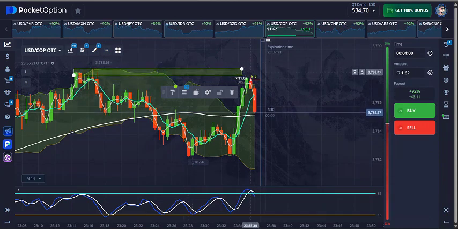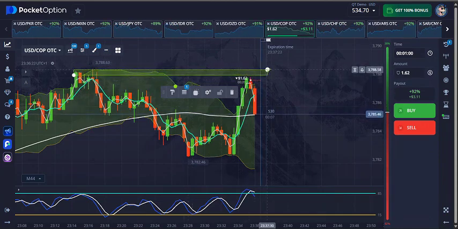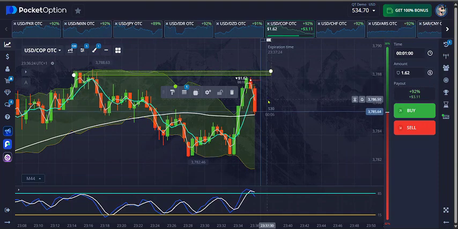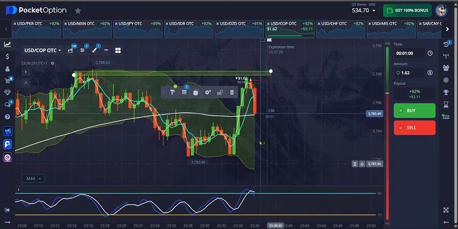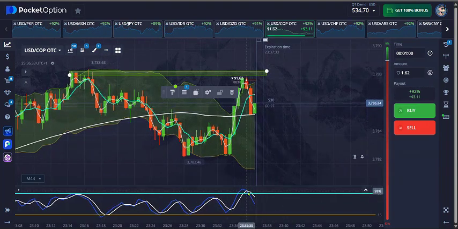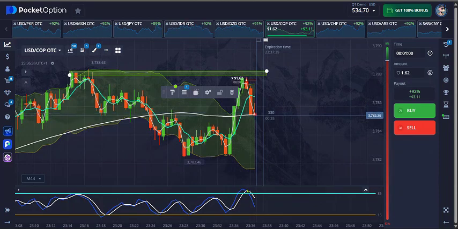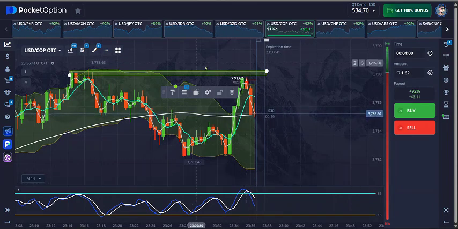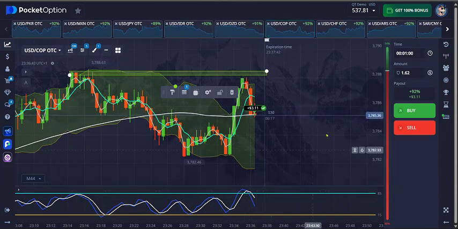So I spotted that resistance in that region, and that was why I took that trade. And it was a sniper entry. So when I spotted this resistance there and I looked at the stochastic oscillator, it was already at overbought. So I knew that there's a high tendency that it will drop,